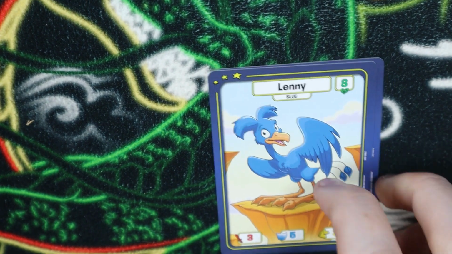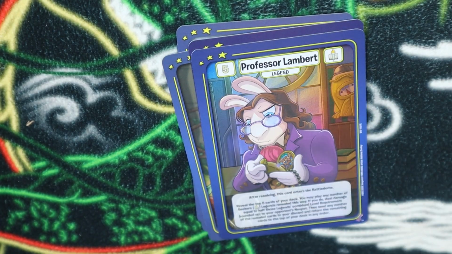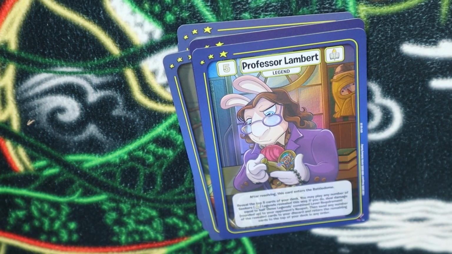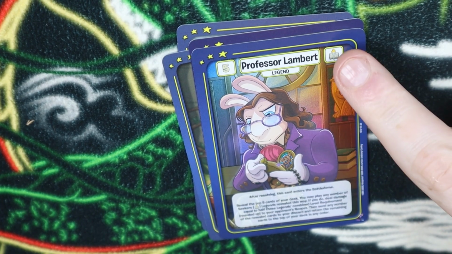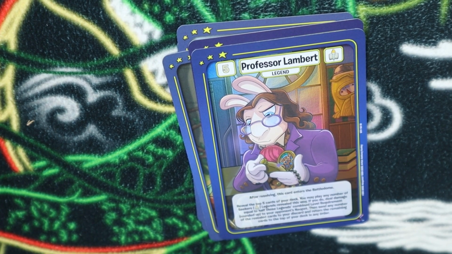Akara yellow, Lenny blue, Gilbert red, Lenny yellow. We got Professor Lambert. After resolving, this card enters the Battledome. Search the top 5 cards of your deck. You may play any number of Seekers. That is what they are. This one is. Seekers revealed this way. If you do, deal damage equal to half those legends' combined level requirements, rounded up, to your opponent's Neopet. Then send any number of the revealed cards to discard and return any remaining to the top